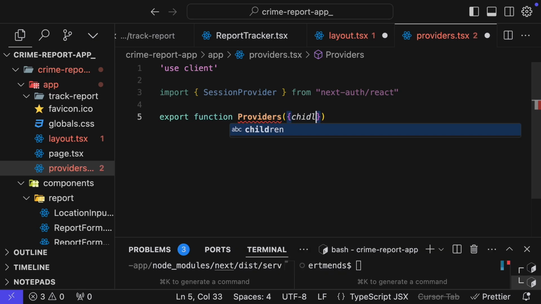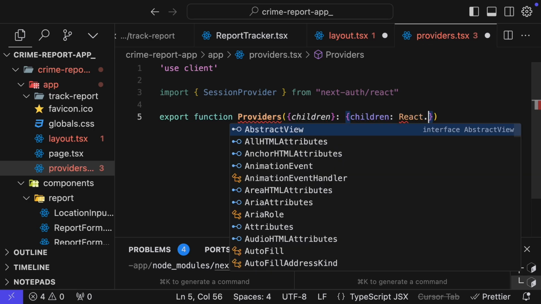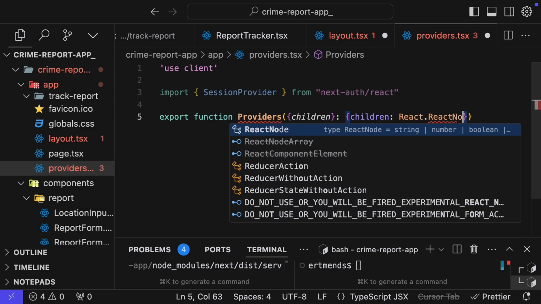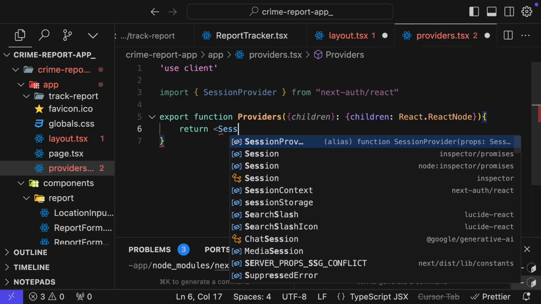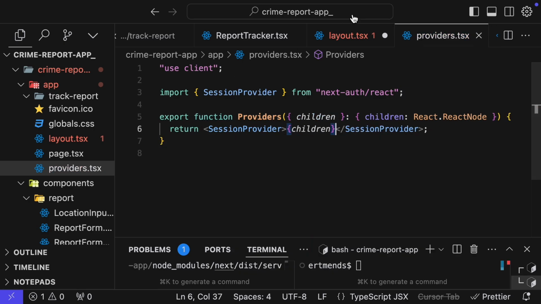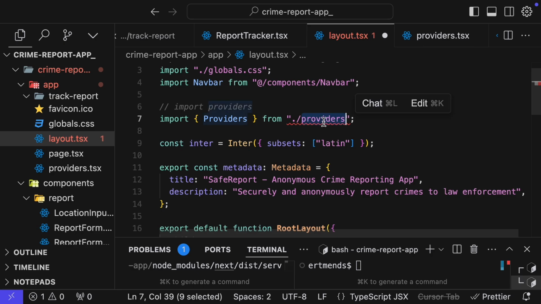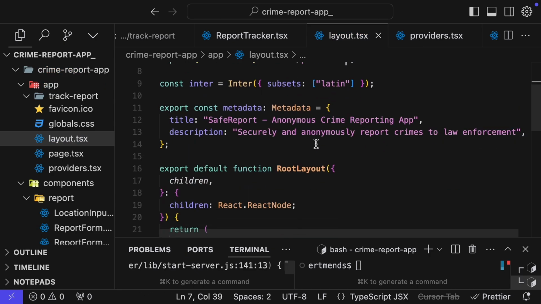Children as a prop, we extend children React node, and we return SessionProvider with the children. Give this a save, move back here, providers. We should be ready to go. So back to the dashboard,